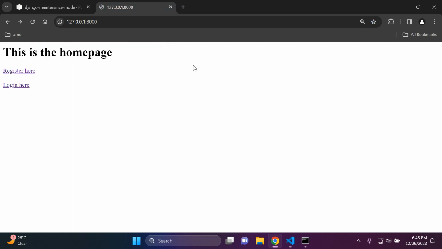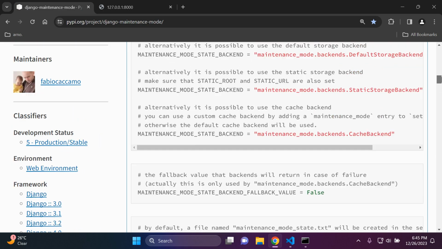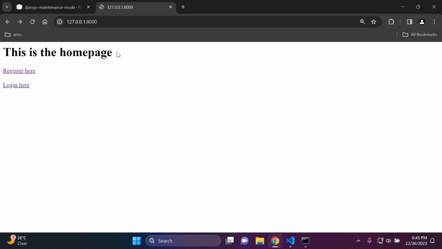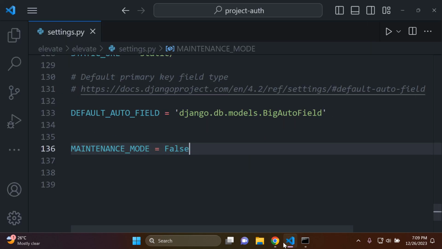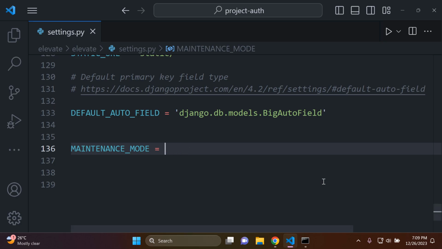And what we're going to do next is we're just going to go through some of these settings here. I'll highlight some of the configuration settings for what you can add, and then we can go on from that point accordingly. Right, so as we can see, we can still access our website with maintenance mode set to false. Now, of course, if we check the list of configuration settings here, if true, maintenance mode will be activated. So now if I switch this to true